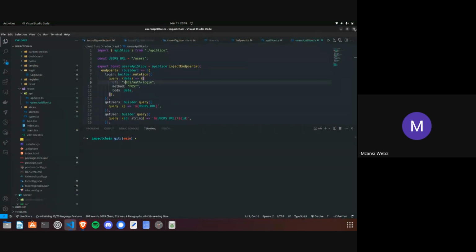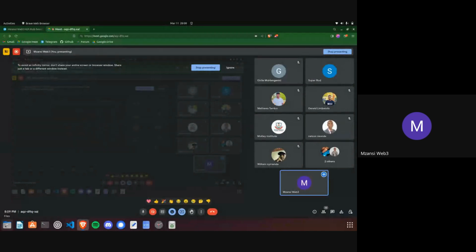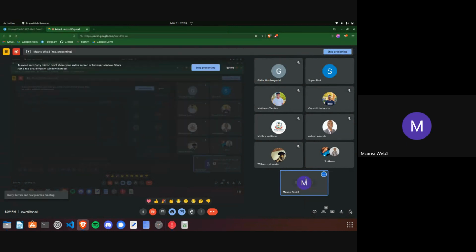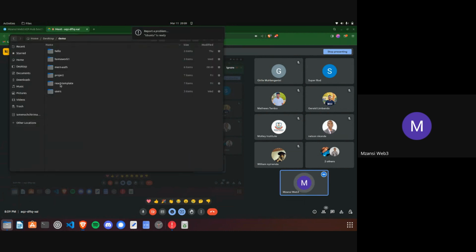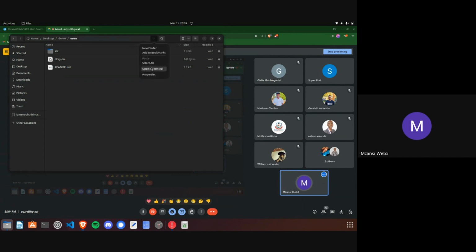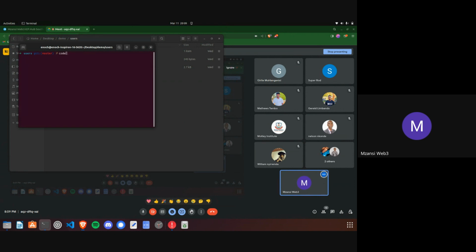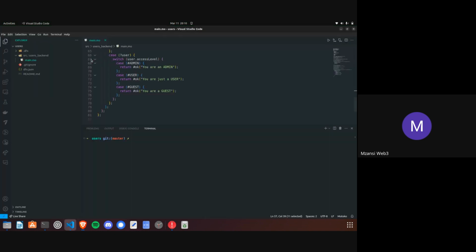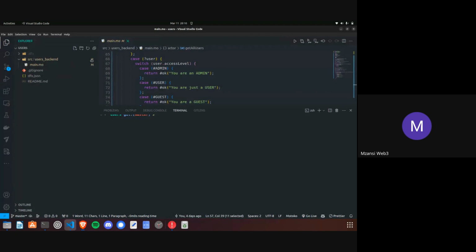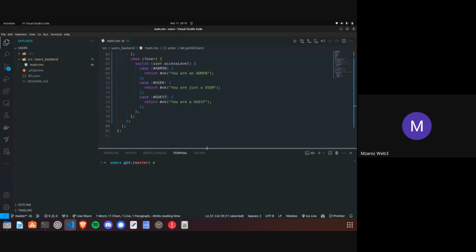Let's pick up our users project and see what we can learn from there. Zoom in. Okay, so